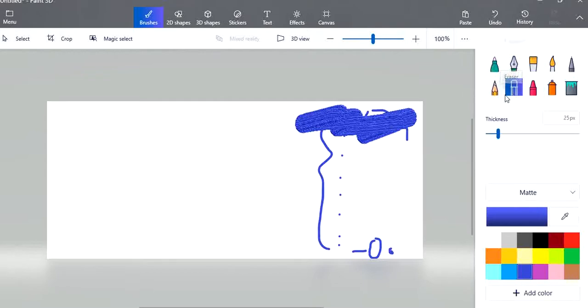This eraser is this one, I always forget. Yeah. Okay, so let's